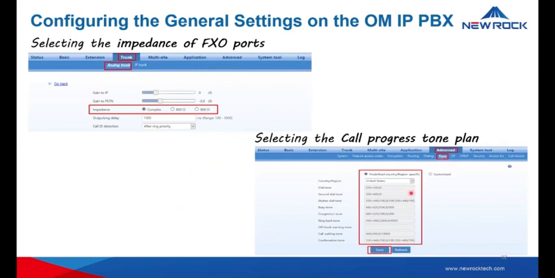Our devices have predefined tones for, I think, 27 countries or regions. You can select one, and in the event that your country is not found, you can also customize it according to the standard tones of your region.